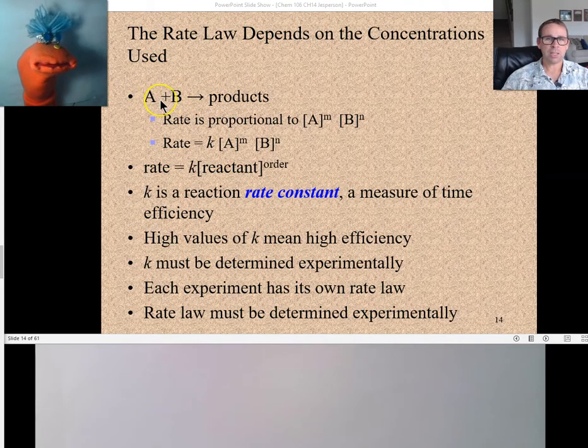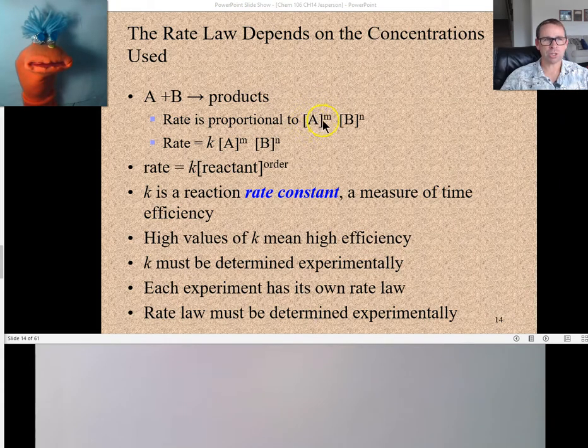The more A and B, the easier it is that they can find each other and the reaction can proceed. Does it matter how much products we have, whether or not A and B react? No, that doesn't matter, right? That's right, good. So the rate is proportional to the, and these little brackets mean the concentration of our reactants A and B. And the rate of a reaction is also